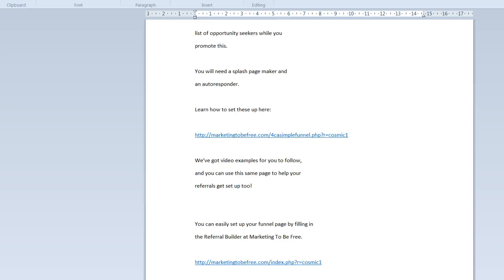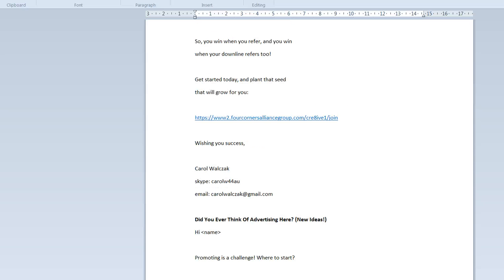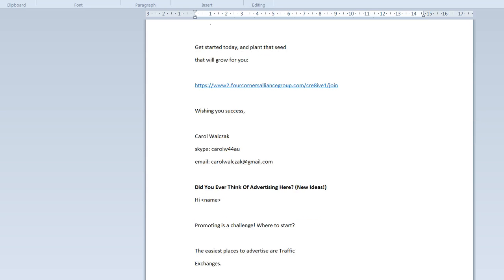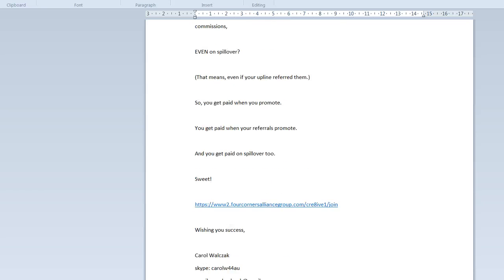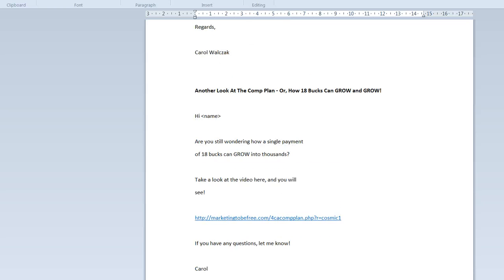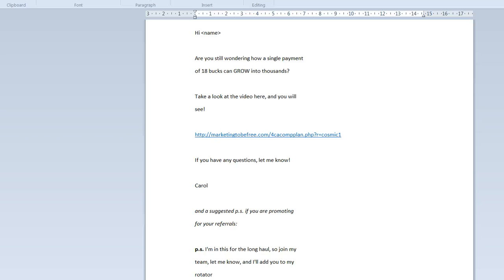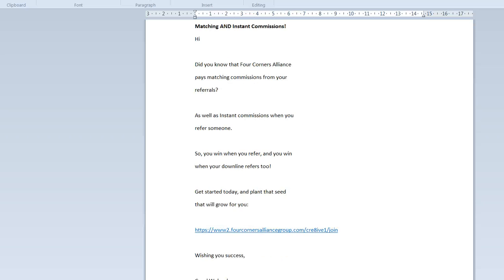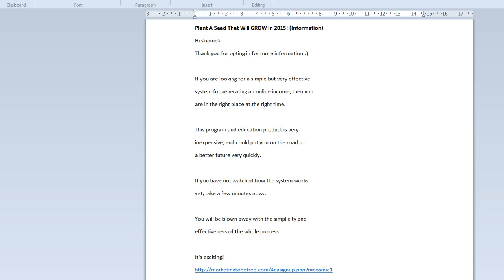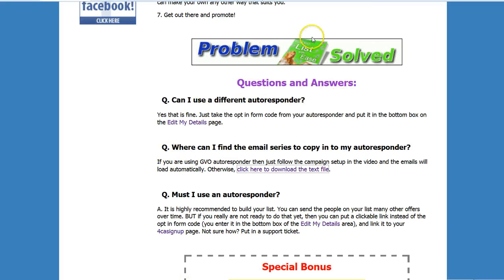And the other thing you will need to know in one of these emails is your Four Corners Alliance user ID, because of course I've got mine in here. So that's all you need to know. That's all the information you need is your username for Marketing to be Free and your username from Four Corners Alliance. Now we'll go back to TrafficWave,